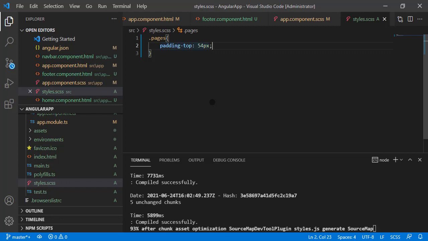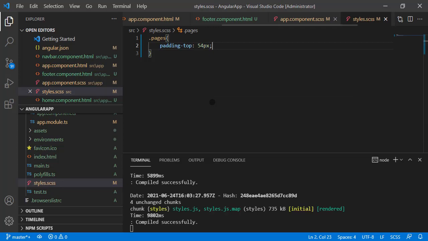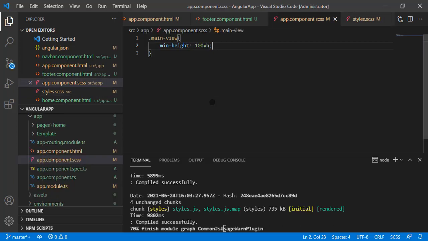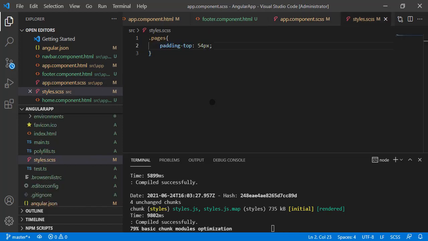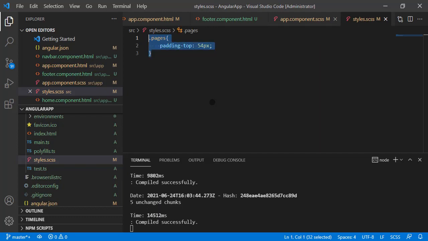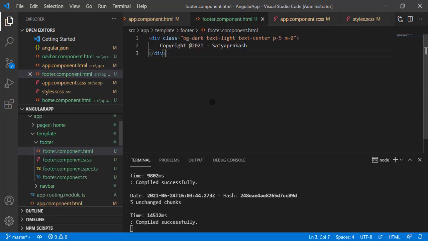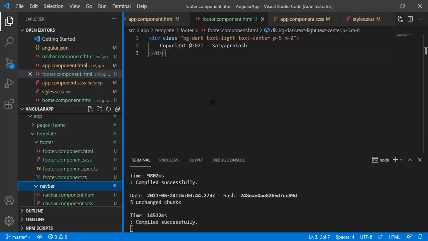So in this way I have added some style in the app.component.scss file, and here I add some style in our style.scss file. So this CSS class has been added in our HTML component files here. If you go here, that is template, just expand this navbar and go to here. Okay, I just close and expand this one, and I'll open this navbar.component.html,